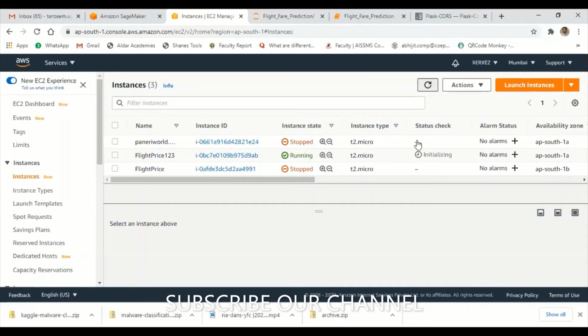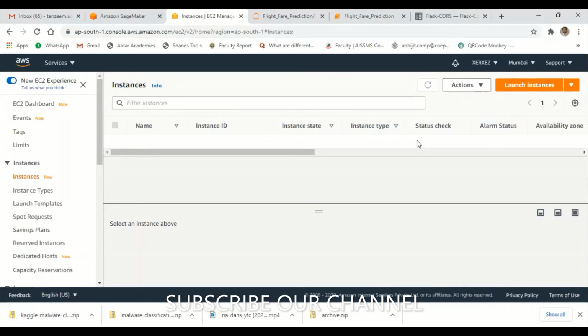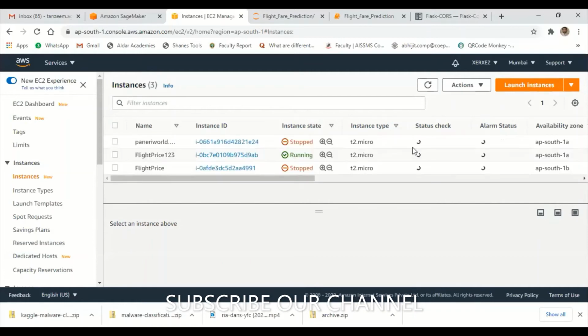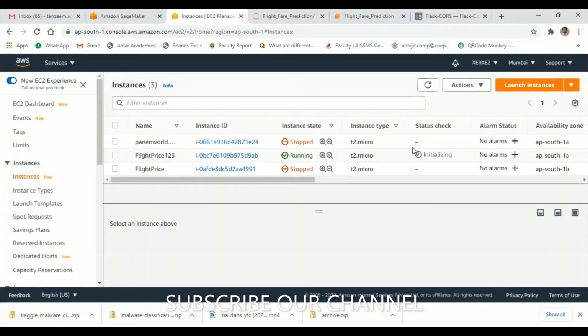This will take time. Okay. Still it is running. Oh my God.